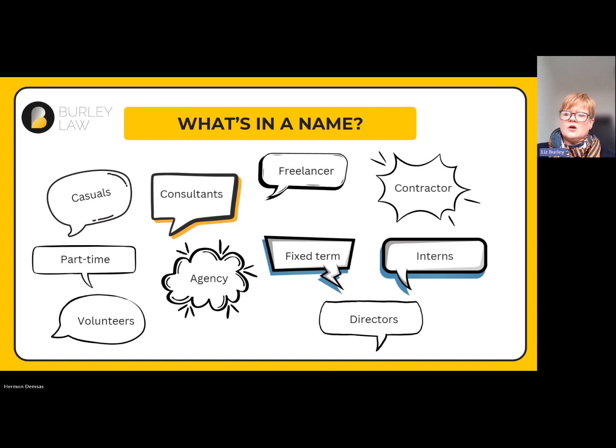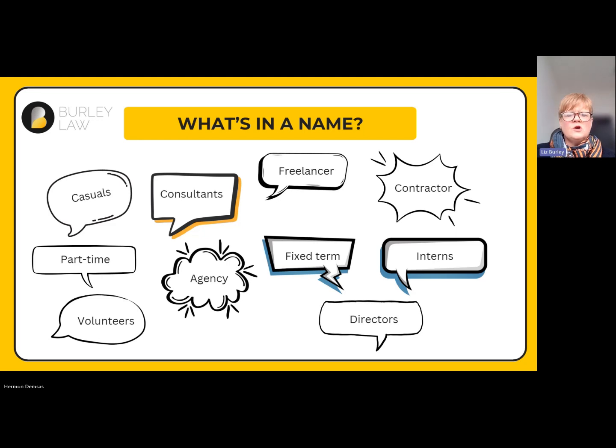Volunteers, on the other hand, are people who are free to come and go. There should be no obligation on them to turn up at particular times. You would not want that to be badged as a worker agreement or as an employment contract, but you could have a volunteer agreement, something in writing, just to set out expectations, to make it clear that they're not under